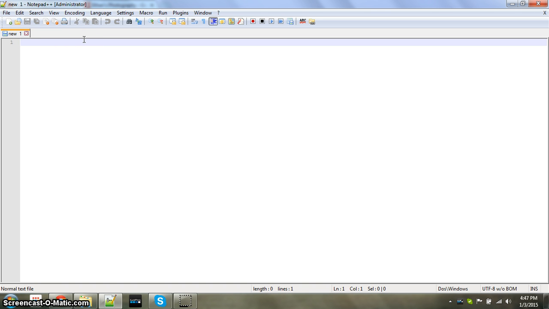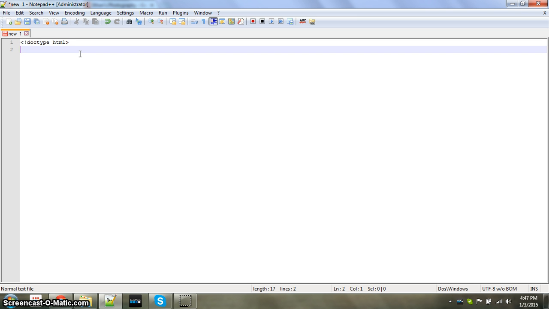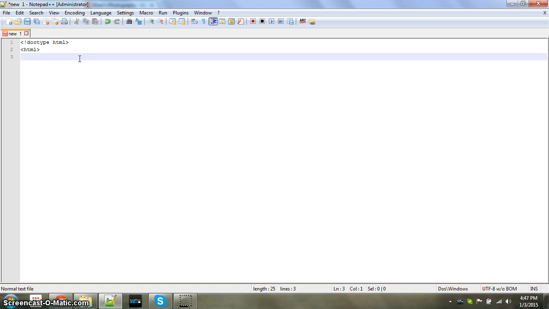the website. Once you open a new tab, the first thing you have to have in every website is an opening tag, which is a less than sign, an exclamation point, and doctype HTML, and then a closing tag, which is a greater than sign. An opening and closing tag will be used many times throughout making a website, so just remember that. And then after that, you just press enter, and you start another opening tag, HTML, closing tag, and then after that, you put a head tag,